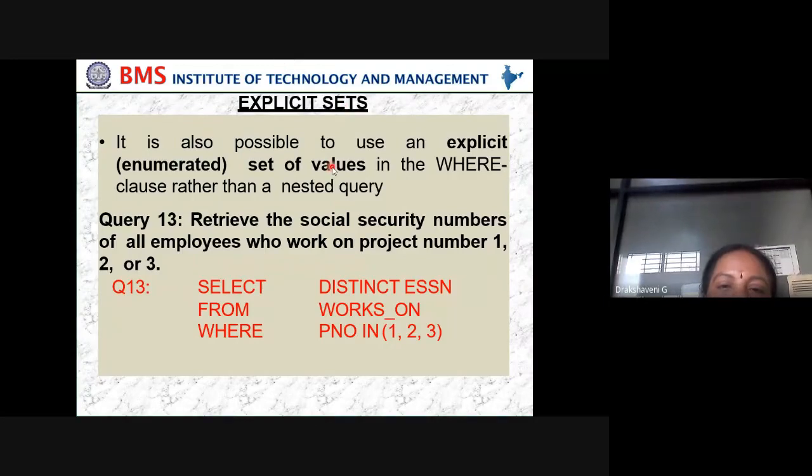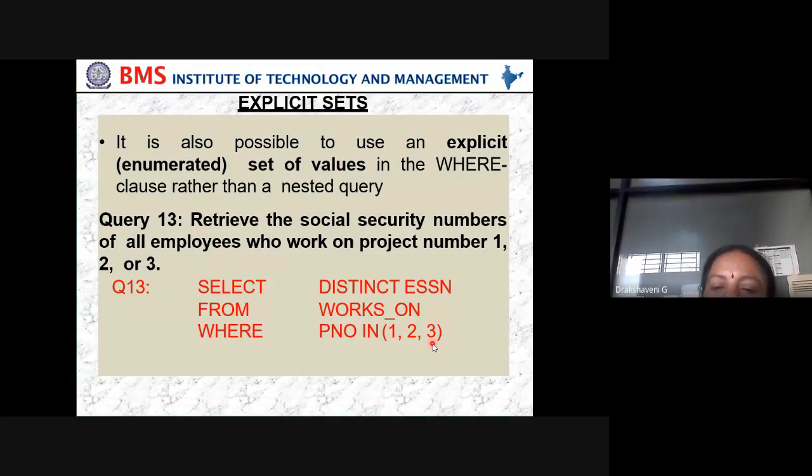It is also possible to use an explicit or enumerated set of values in the where clause rather than a nested query. Retrieve the social security number of all employees who work on project number 1, 2, or 3. Select distinct ESSN from works on where P number in 1, 2, 3. So project numbers 1, 2, and 3.